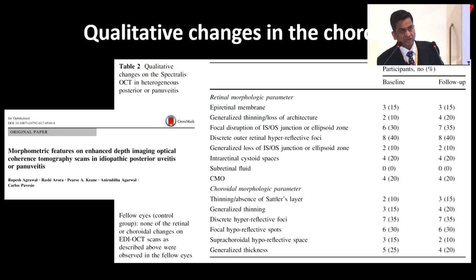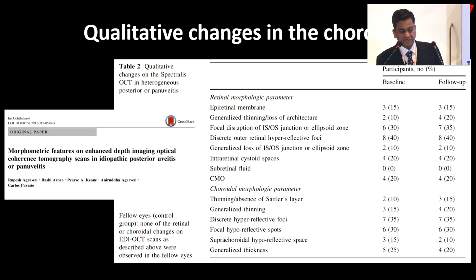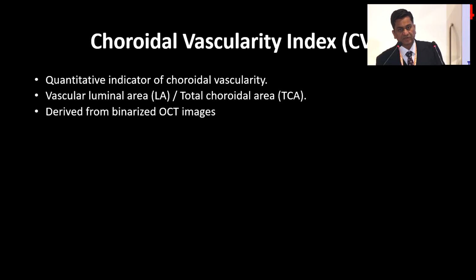a qualitative outcome. Whenever we talk about imaging, it is qualitative and quantitative. This is qualitative. We graded these images into retinal parameters for inflammation and choroidal parameters, and these are some of those things. After this, I have never used it. This was only to get a paper published in one of the journals. But I use it sometimes in clinic, subconsciously, not like I have a checklist where I check mark whether it is there or not there, a binary kind of thing. So these are some of those qualitative changes which we need to appreciate besides the quantitative.